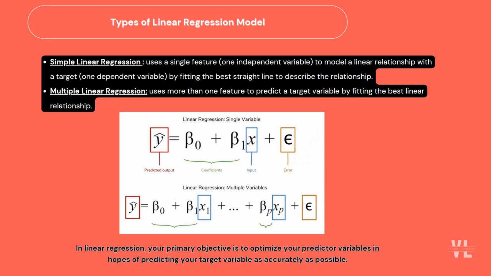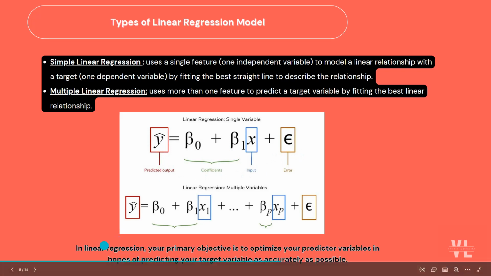What we call the linear regression model is just a simple linear regression model where we could use a single independent variable to predict an output, and beta naught and beta 1 just represent coefficients, and epsilon represents the error, and y hat is the predicted